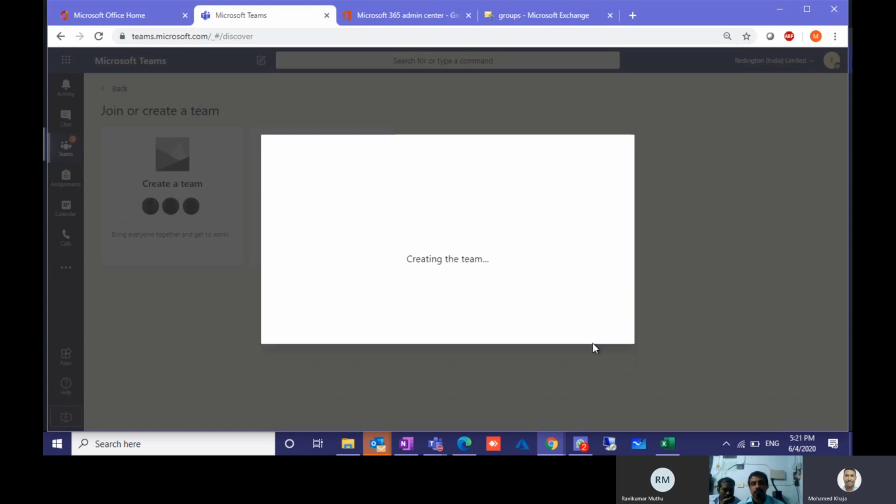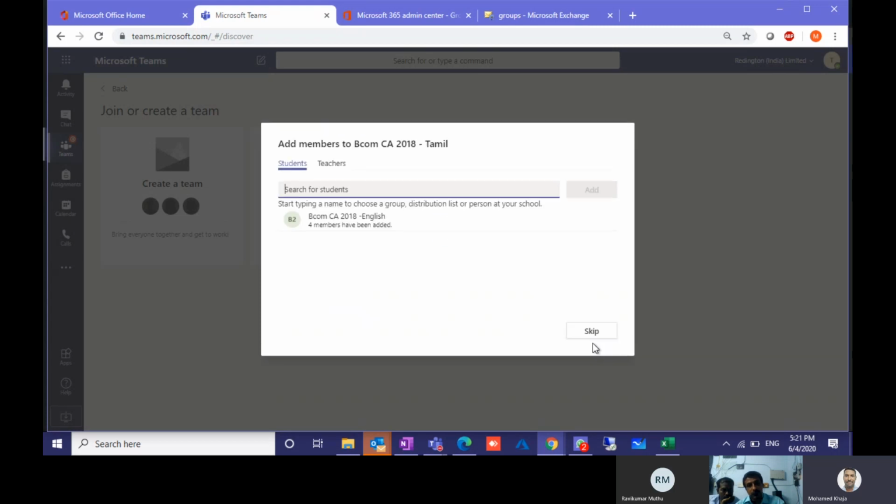Likewise, you can create. Is that clear? Yes. One thing, can we also add different classes into one team? Can we add BCom CA 2019 and BCom FT 2019 into one group?